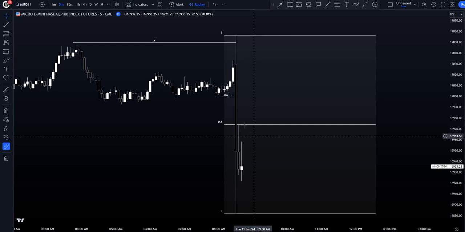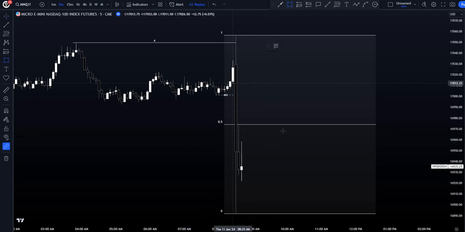So with our entry point, we're going to use a fair value gap that's going to be in premium for our entry. And this can be either on the 5 minute, 3 minute, or the 1 minute, okay? So those are going to be the three steps for our entry point, okay? So that'll be for our entry. Now,